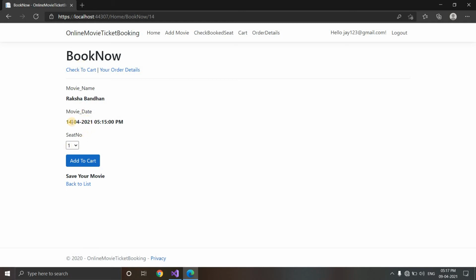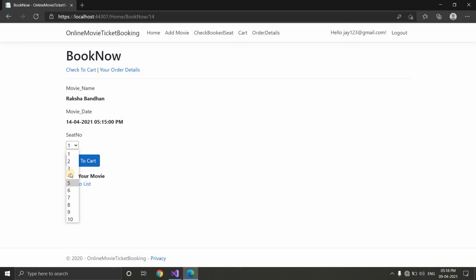Here the movie name, movie date, and seat numbers are displayed. Seat numbers show how many seats are available; for one movie there are 10 seats available.